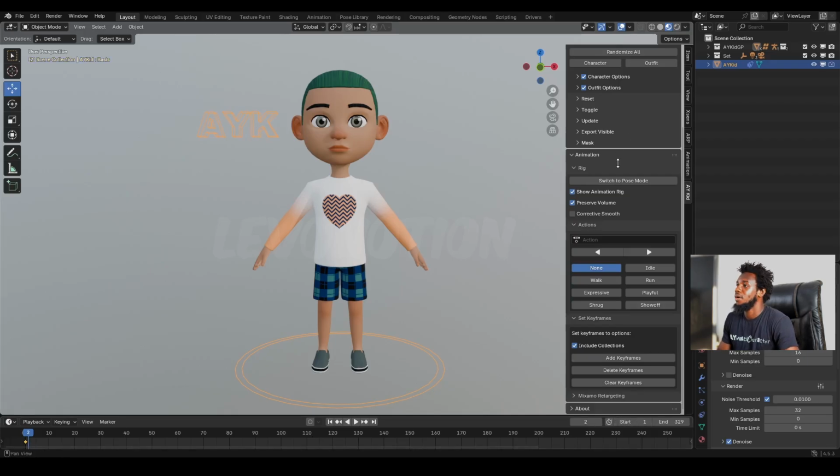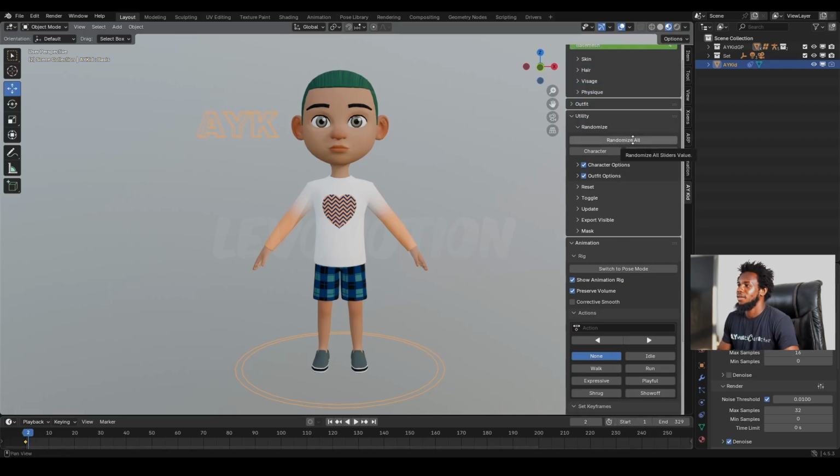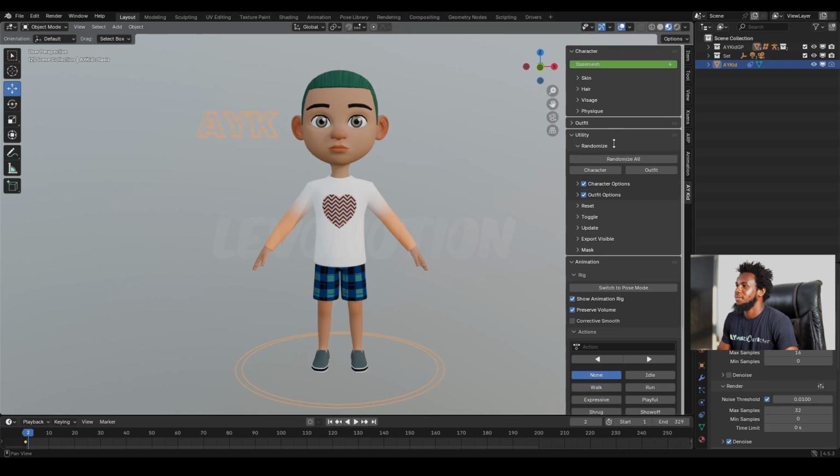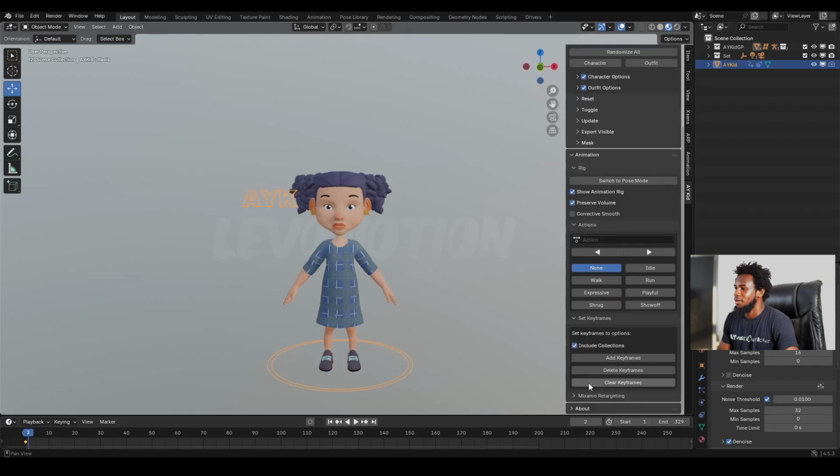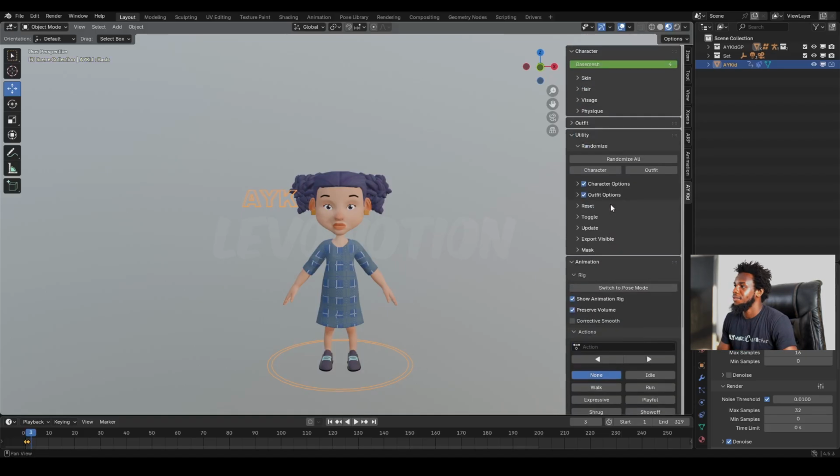and I'm going to randomize my character to have a different look. So this is a different look, and I'm going to go back to set keyframe and add another keyframe there with the include collection selected. So I'm going to go to frame 3,